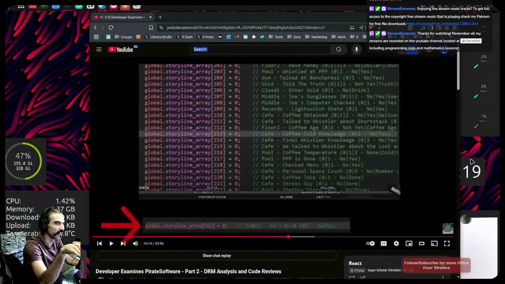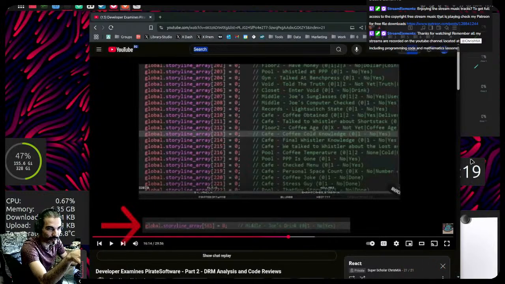Imagine you have 500 of these and you decide, hey, instead of from floor 2 to the cafe, I want to go from floor 2 to the pool. So now you add another pool at the cafe, 213, but now 213 gets pushed to 214, 214 gets pushed. You have to manually go in and change every single digit all the way down to 500.